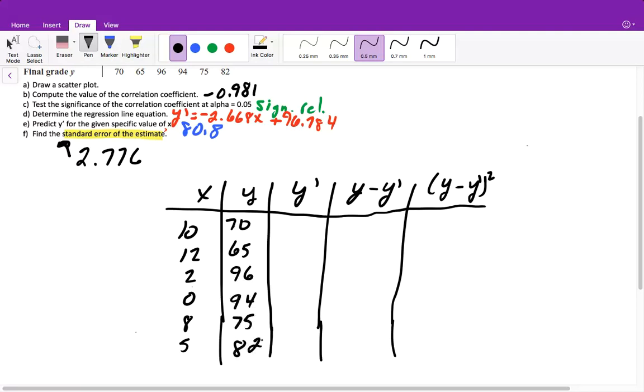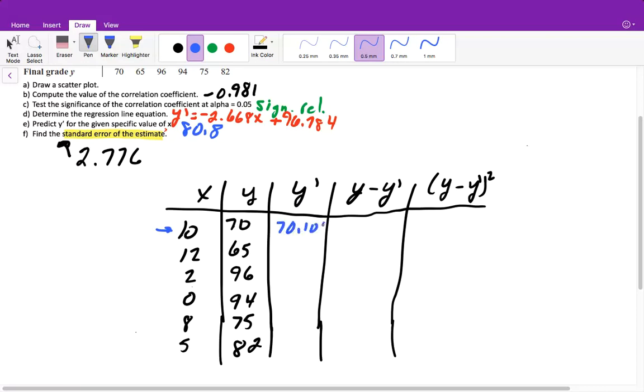I'm just going to pause this real quick so you don't have to hear the bell ringing. All right, and then what you would have to do is plug in each of these X values into your equation. So you would plug your X value into get your Y. So then you would do negative 2.668 times 10 plus 96.784. And that will give you a score of